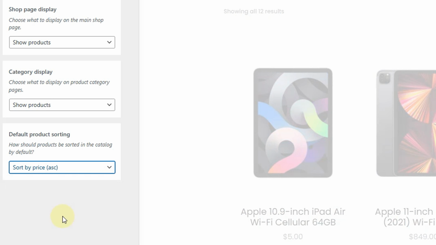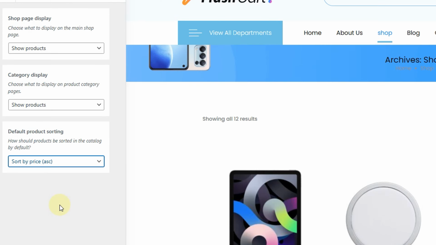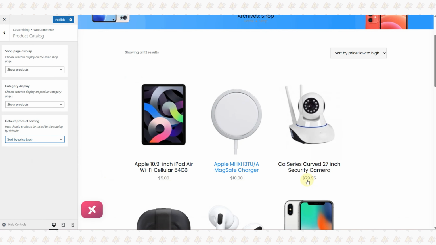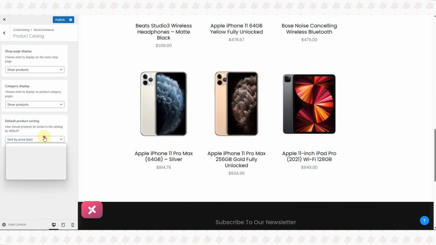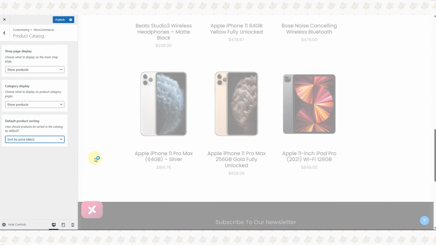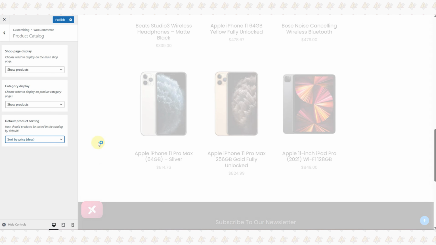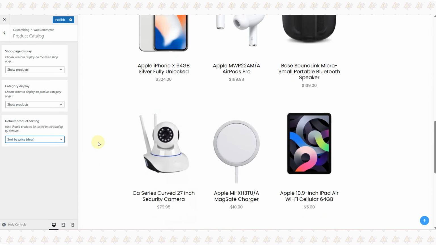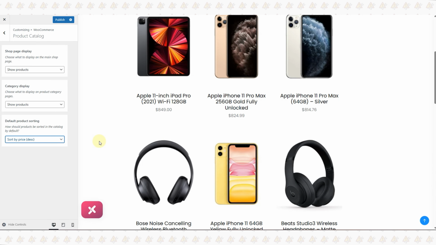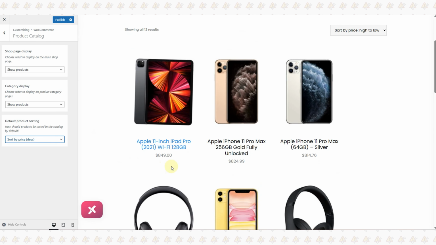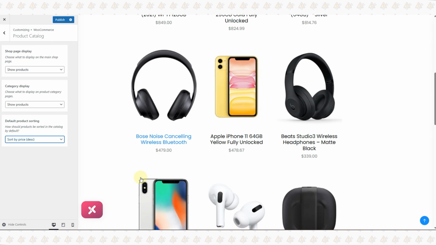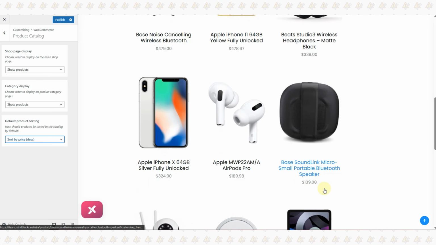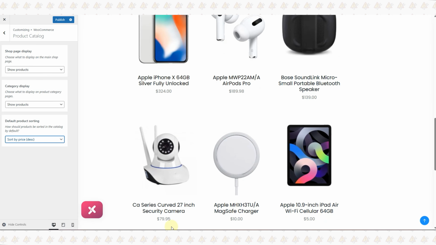Let's select sort by price in ascending order. Let's check the changes. And now it is displaying products from lowest price to highest. In the same way, if I decided to sort it in descending order, it will display high price products first. This method will only allow you to arrange products in one way. You cannot have any control on it. Like you might want to show a mixture of products, like popular product first, then the new product and so on. So for that purpose, this method may not be suitable for you.